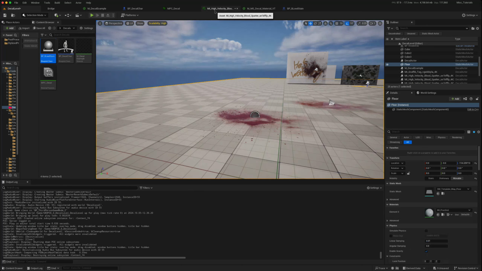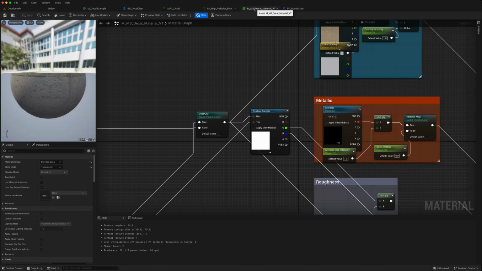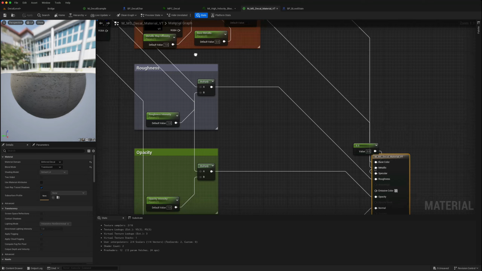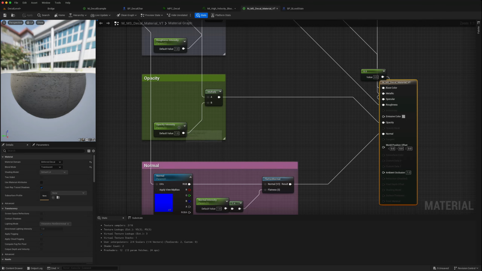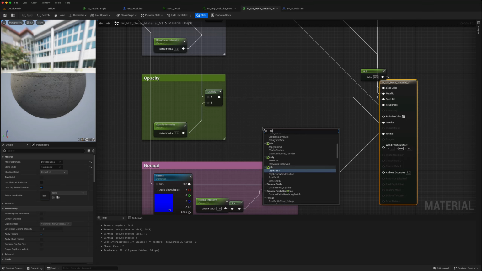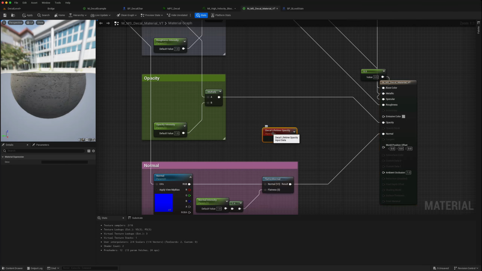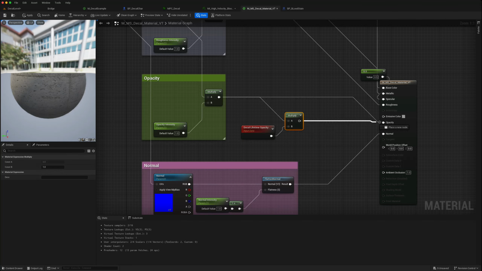The other option would be to create a copy of this master material, and then on this opacity intensity, when you bring this out, just get that decal lifetime opacity and multiply these two together and stick that into the opacity there. So that would also allow you to take advantage of the built-in features. So if I just do that quickly,